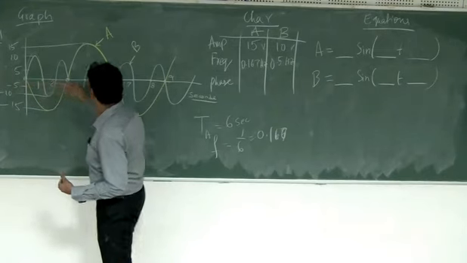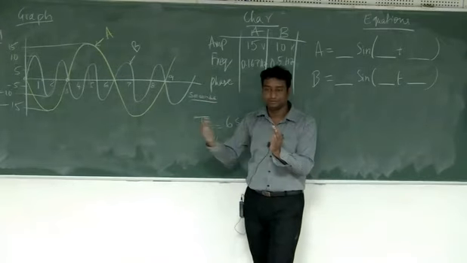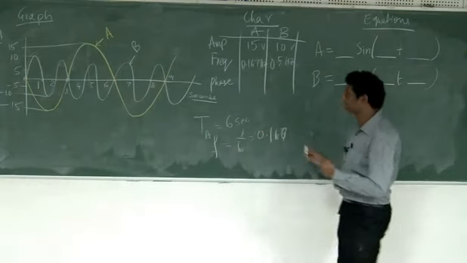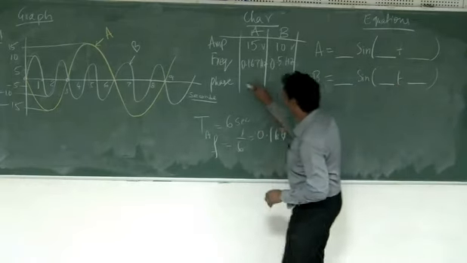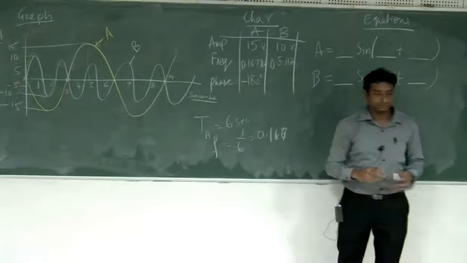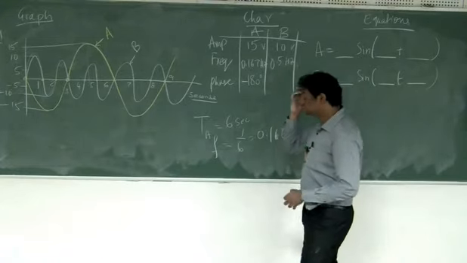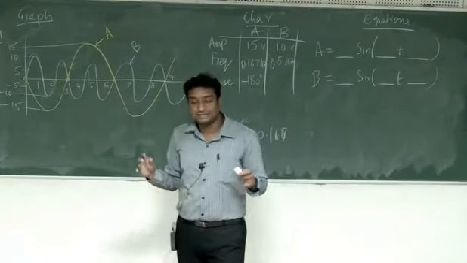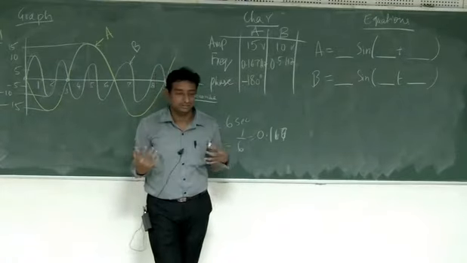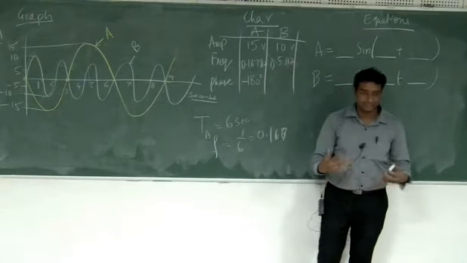And it is minus because that's the notation. In the equation form, as we have just seen, if the waveform moves to the right side, it will have a minus sign. So the phase of A is minus 180 degrees. Please correct that in whatever you have done. Some people will say the phase of A is minus pi radians. Also correct, but degrees is more intuitive for us human beings to understand.